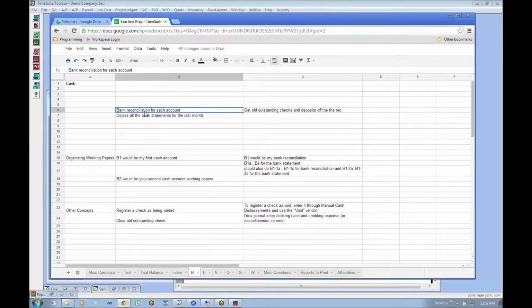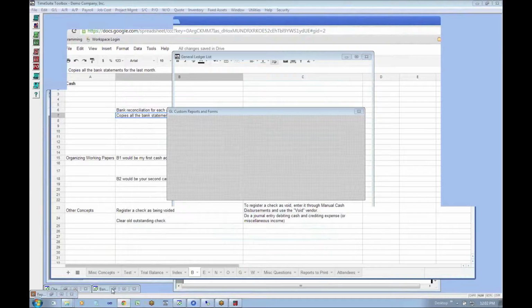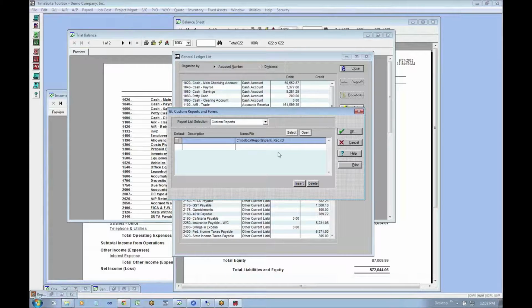So your attested balances for your cash account is going to include a bank reconciliation, copies of your bank statements where the numbers in your bank rec are tied in. So for example,